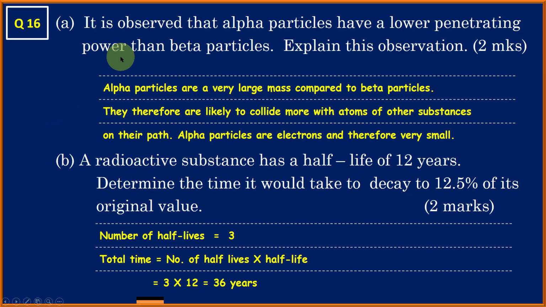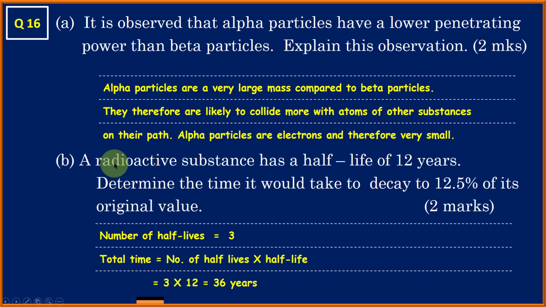Question 16. It is observed that alpha particles have a lower penetrating power than beta particles. Explain this observation. This can only be explained by using the fact that alpha particles have a very large mass compared to beta particles. They therefore are likely to collide more with atoms of other substances of the material through which they are trying to penetrate, for example, air molecules. Therefore, alpha particles are stopped because of their big mass,